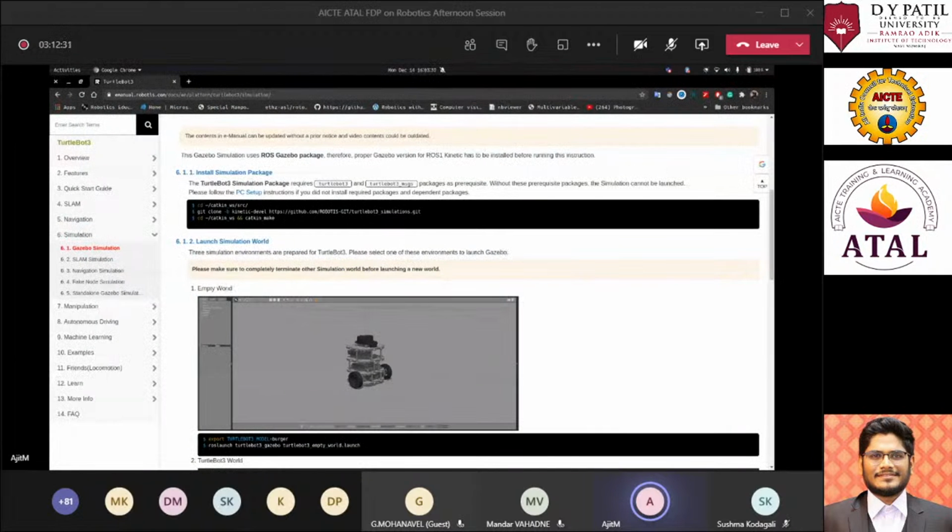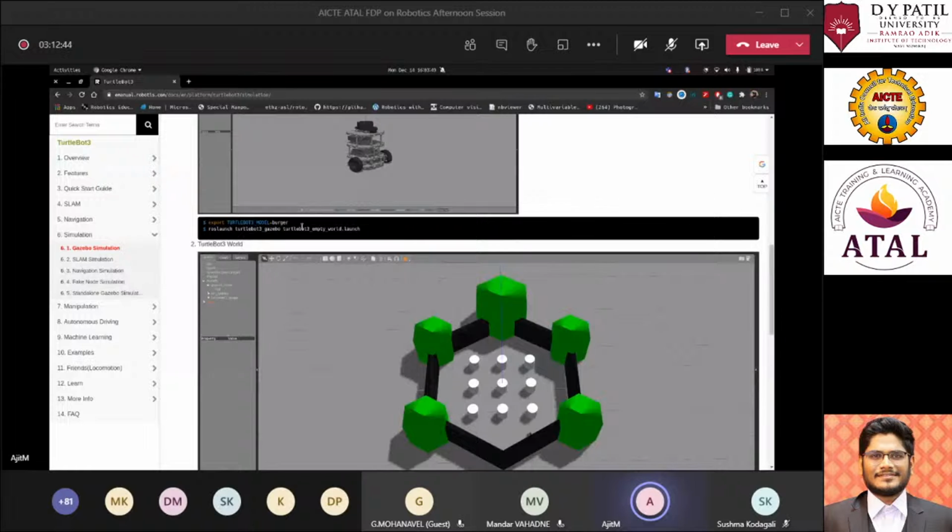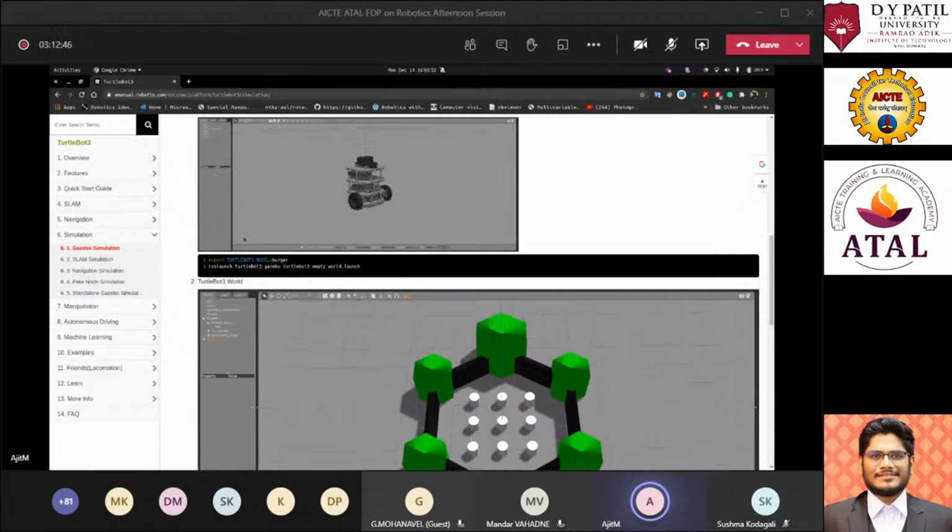The one link which I shared earlier was something for actual hardware, if you have that hardware with you. But if you want to do it in Gazebo, we have to use a different package or different launch files, which they have provided as well.